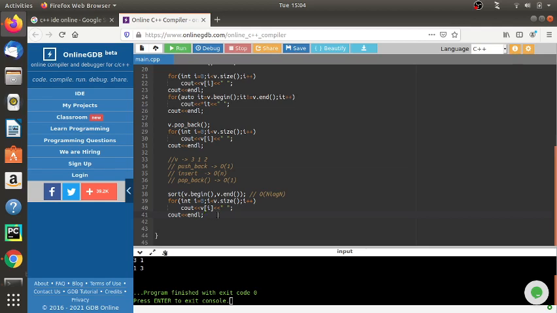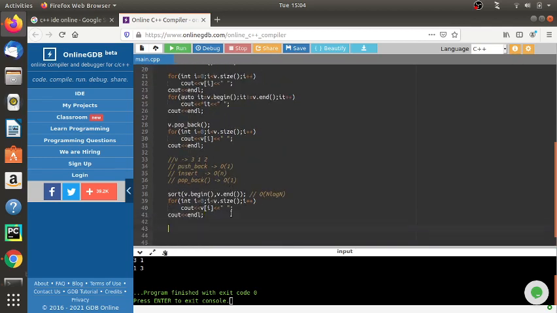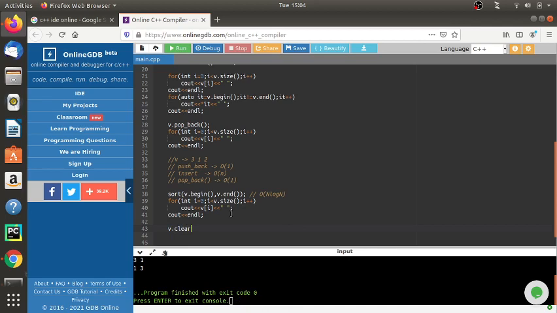The things are pretty simpler for vector. You can use this STL in your interviews. Also, to clear the vector you can use v.clear(), so the vector will be empty.